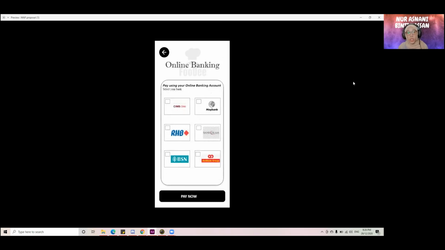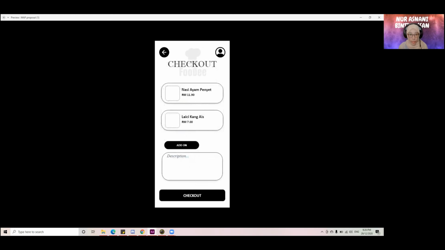Then the interface for online banking payment will be displayed, where the user needs to choose their online banking account to proceed with their payment. For example, I choose CIMB Clicks, then I click the pay now button.